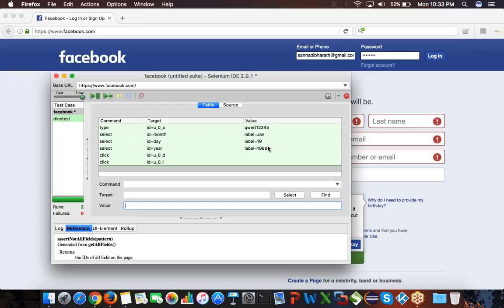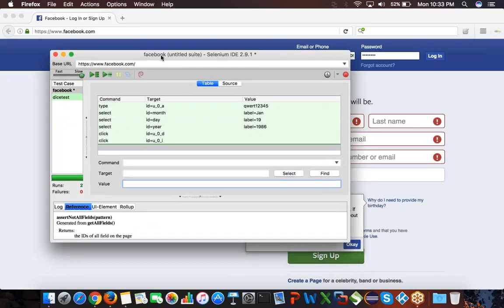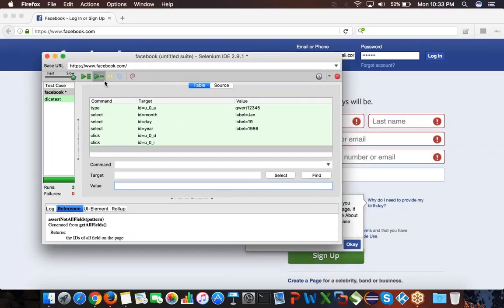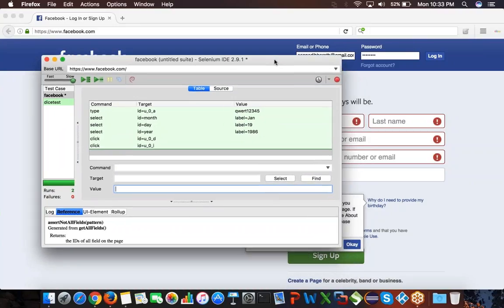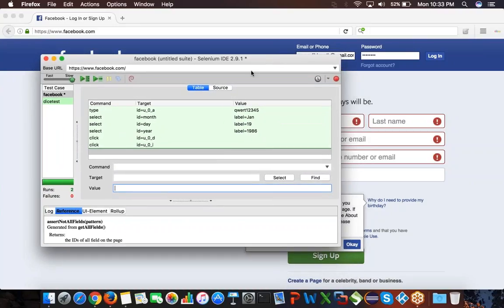Okay, again I'll just repeat. Now we are looking at a tool called Selenium IDE. As I said, the Selenium IDE tool was initially developed by a company called ThoughtWorks. It works only on Firefox. I'm being very specific again. It works only on Firefox. It doesn't work on any other